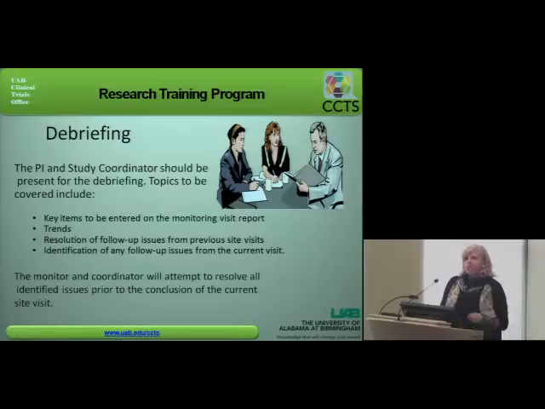Sometimes monitors, especially the ones that don't have clinical backgrounds... I worked in a cardiology area, and this patient had diabetes and had high blood sugars pretty much along, but during the clinical trial, we really did a lot of patient education, referred them back to their PCP and their endocrinologist. We're working on getting their medications regulated to better control the blood sugars. And actually this patient's blood sugars had improved, but the monitor wanted us to record it